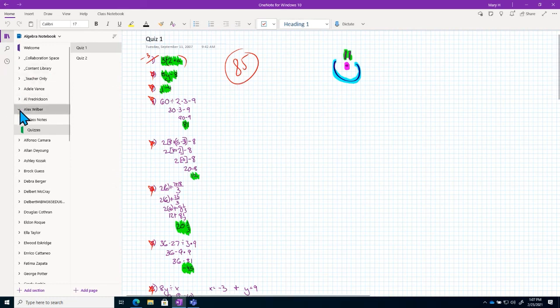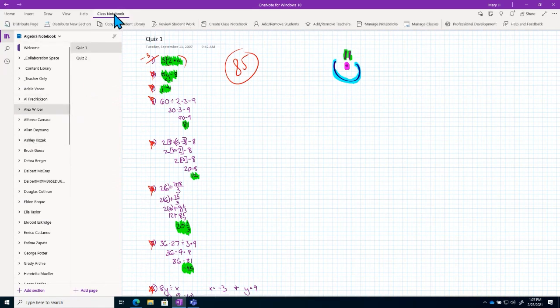Now, one thing that I want to point out to y'all, at the top, you'll notice that we have this class notebook tab. So if I wanted to add a new section, if I decided after I've set this up that I actually need that weekly reflection tab, if I had forgotten to add that, or if there's a different section we need them to have, I don't have to do that manually. I don't have to do it one by one. You have this option to distribute a new section, or I can even distribute a specific page if I want to. So you have some different options up here, and you'll notice that those edit options that I mentioned inside of OneNote for Windows 10, you do have those here as well.